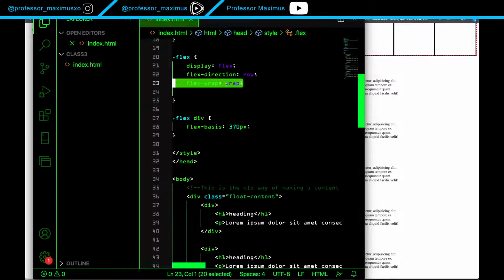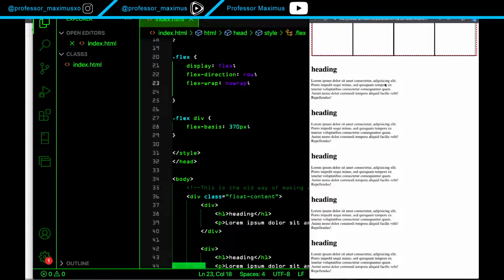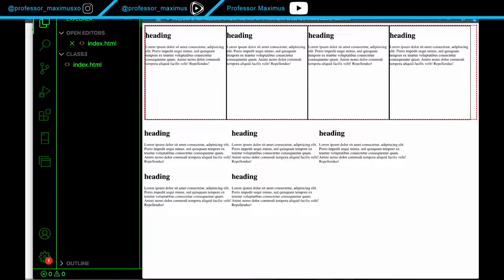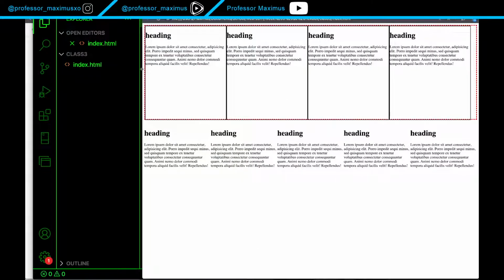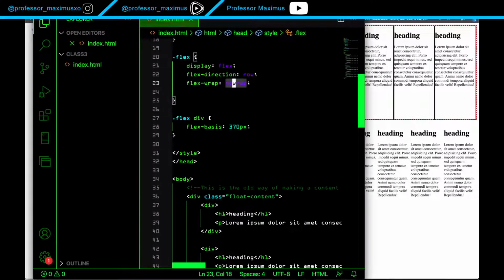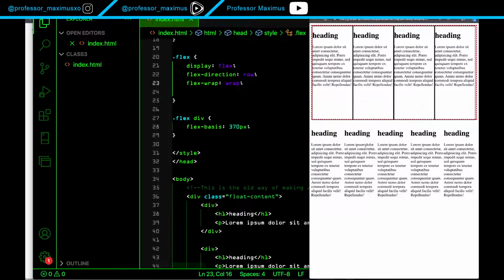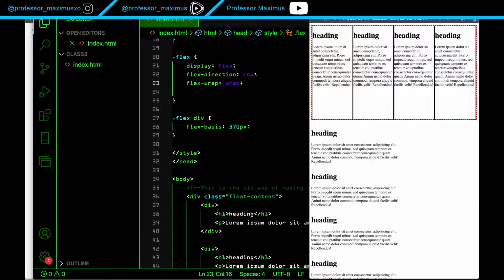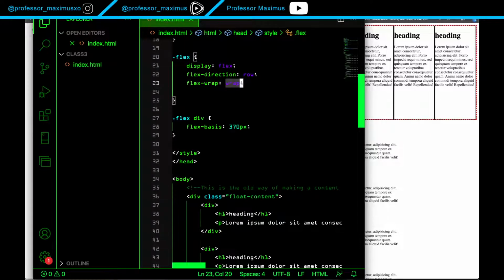So this should be no wrap. But either way, whoops, I guess I had that right, my bad. Because we told it the size that we want it to be, it's going to push the items down. And you can say wrap reverse,